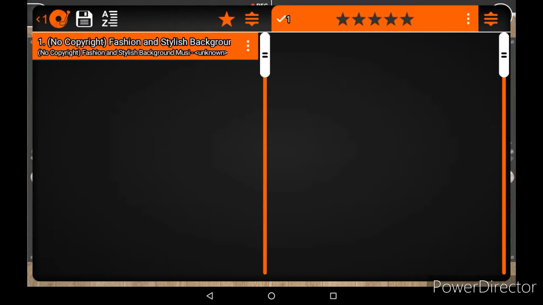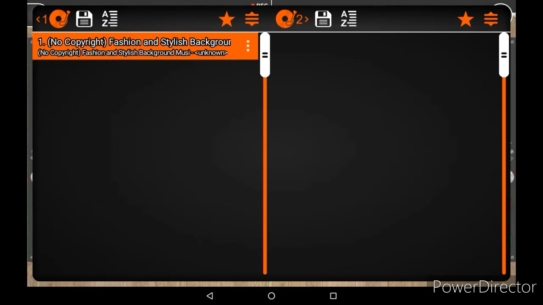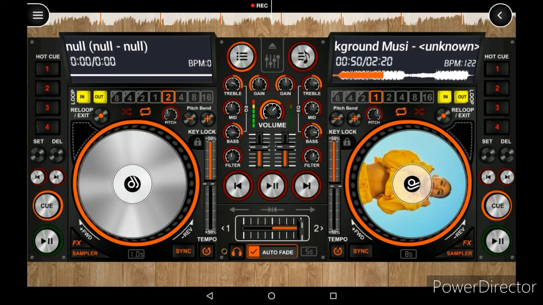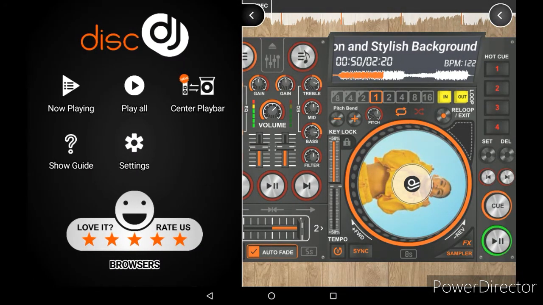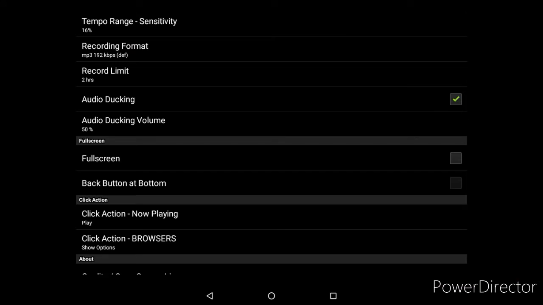Okay, that will now load on deck 1. So if you hit that, you could load it onto deck 1. Now the only reason it's not on there is because in the settings you can change the way the action works. So action, now playing. If you hit the track, it will play immediately. In the browser,